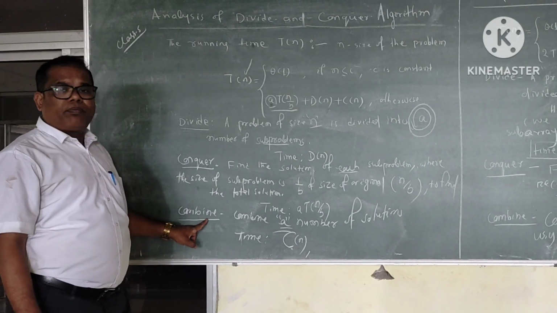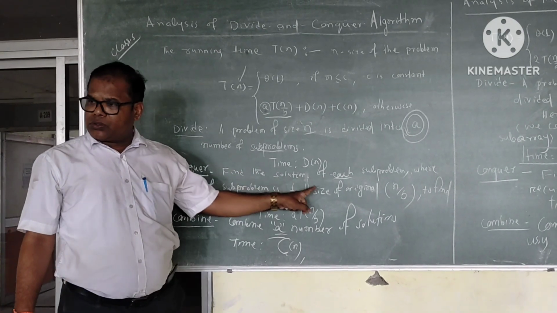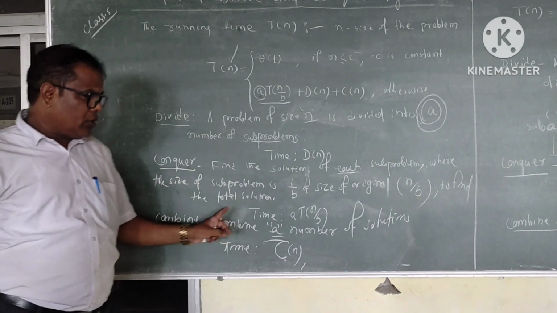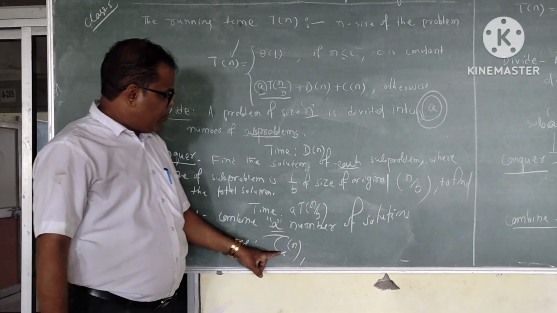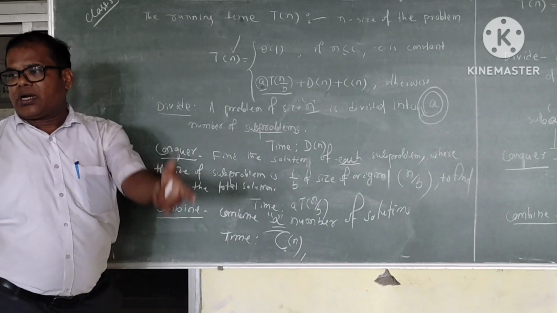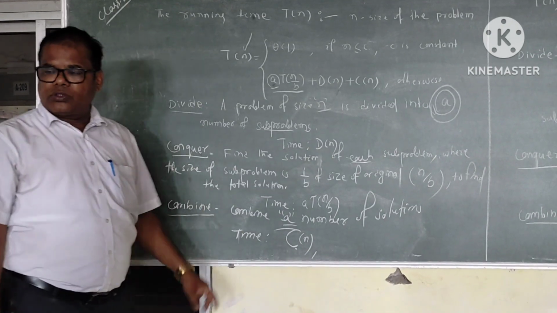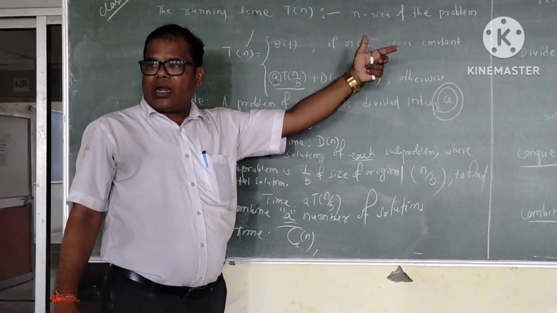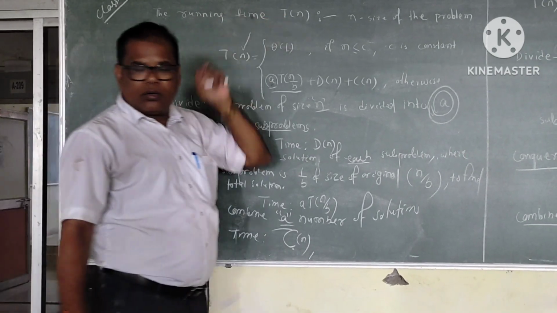Now we come to another part of divide and conquer, called combine. Once we find the solutions of each subproblem, we have to merge these solutions. For merging these solutions to find the solution of the problem, the time required we specify as C of n. Here everything is specified in abstract notation, that is, D of n, C of n. That is our motivation before analyzing merge sort. This is about any algorithm that follows the divide and conquer approach.